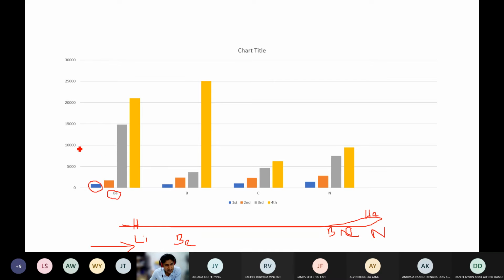The blue one is the first ionization energy. First, second, third, and this is the fourth ionization energy. First, second, third, and fourth. What is the first, second, third, fourth ionization energy? Why so big? First ionization energy is